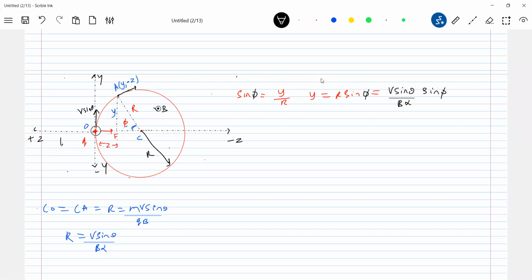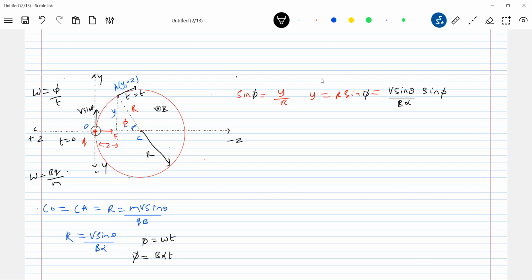So at t equals 0, it is here. After some time t, it is available here. So can we define omega as phi by t? Further, phi, what can you write it as? Omega t. And omega, what can you write as? Bq by m. Is that okay? So omega should be Bq by m or B alpha, in short, I'm writing that one. It's independent of the speed of projection, no?